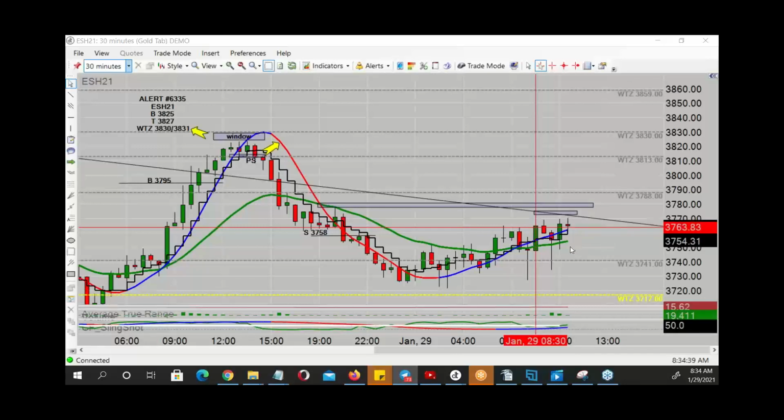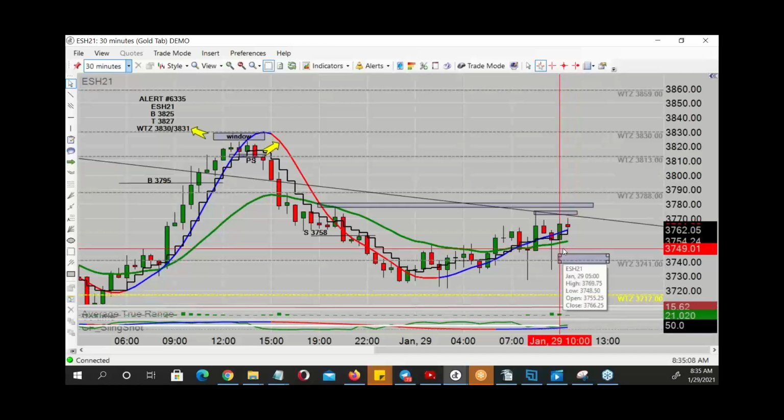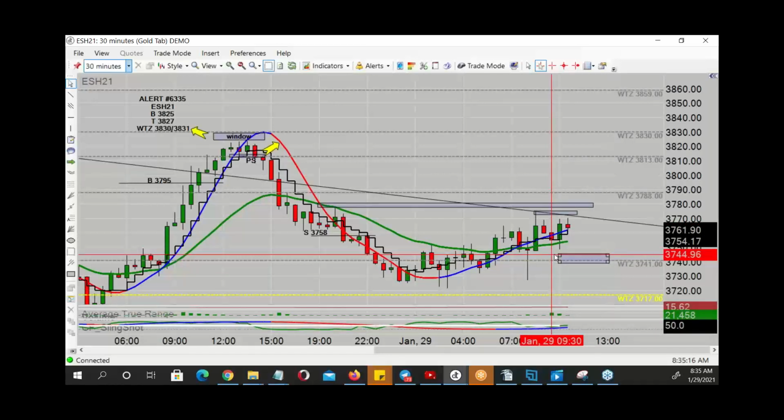If price fails and gets back below the BBC, we expect there to be support here. When you pull up to a zone, resistance. When you come down to a zone, support. So if price got back below the BBC, we would have a small window of opportunity down here. We would want to see price get below the BBC, take out that swing low, and then we would have a trade roughly 37.44 down to the zone, which is